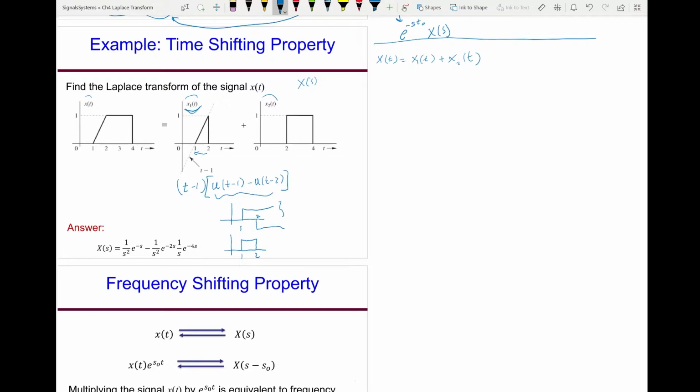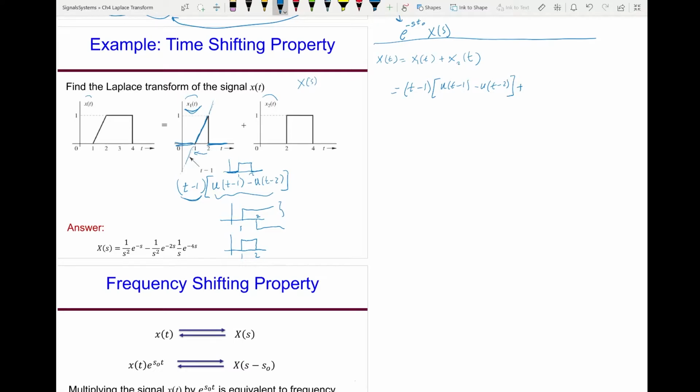Now, this is this pulse here. When you multiply it by this line, t minus 1, you will only get this, because then everything here will be 0, and everything here will be 0. So you will not get this dotted here and this. All right, so that is our first signal, t minus 1, u of t minus 1,